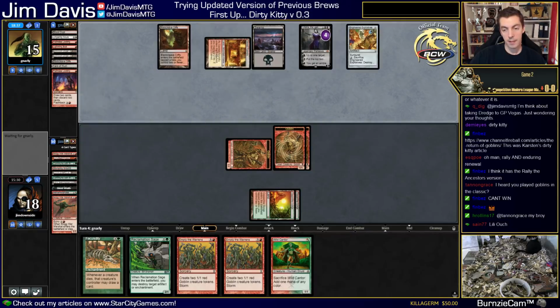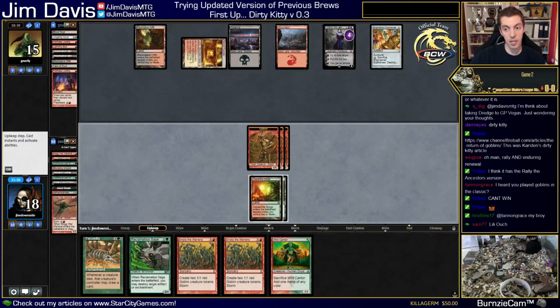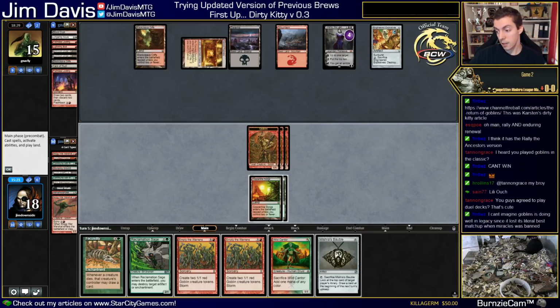Alright, our opponent's got a lot of interaction here, which is kind of annoying. I only have 2 cards left, though. If we can just get this Fecundity in play, now. God, come on. If we can just get Fecundity in play, I think we'd be alright. But